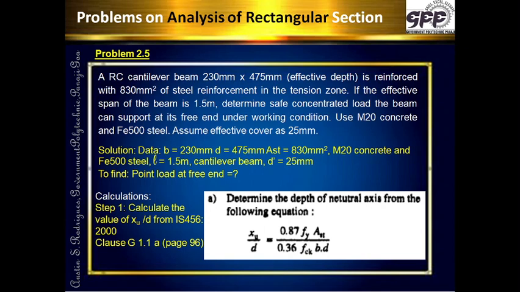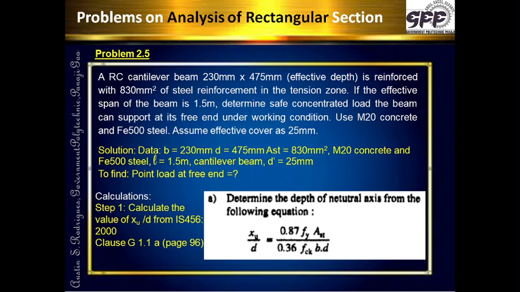Now over here, what has been done is they have directly calculated the amount of steel and they have given us that the total amount of steel present in this beam is 830 mm square. This much amount of steel has been provided in the tension zone. Please remember, since it is a cantilever beam, tension is at the top, compression is at the bottom. So 830 mm square of steel has been provided in the top region. Unlike in the previous cases, where we used to have a simply supported beam, so tension would be at the bottom. So over here for this cantilever beam, 830 mm square of steel reinforcement has been provided in the tension zone, that is in the top.